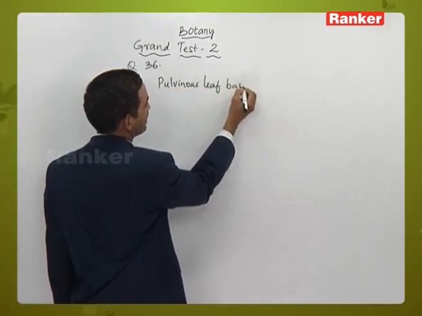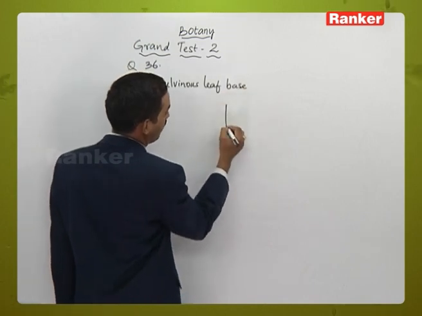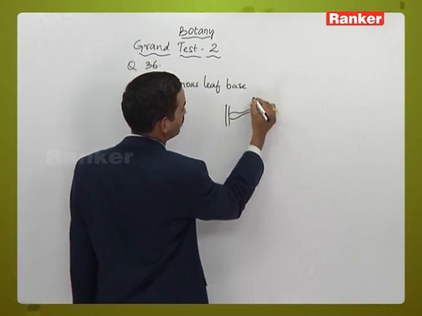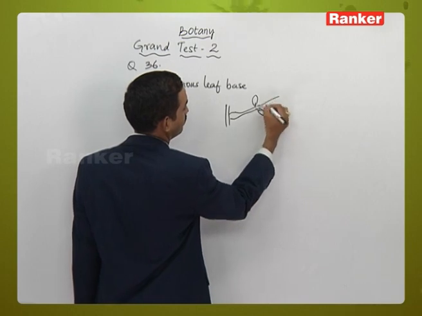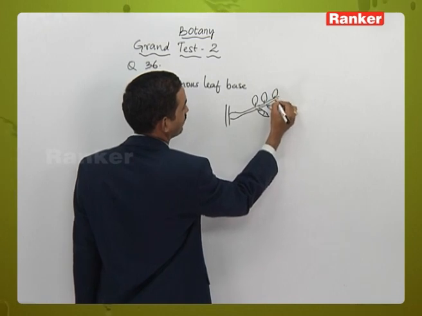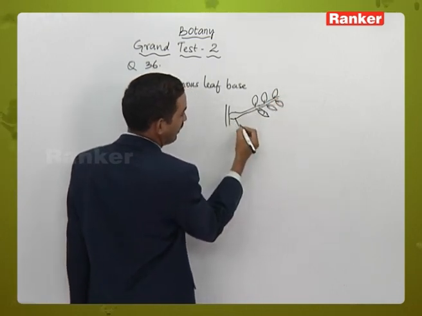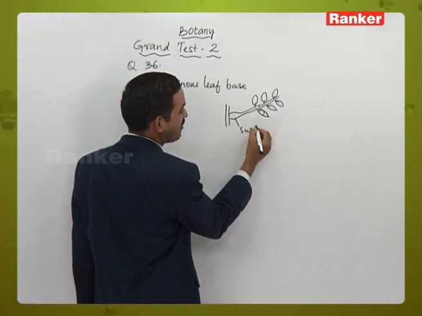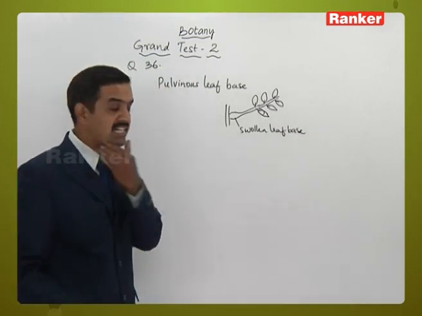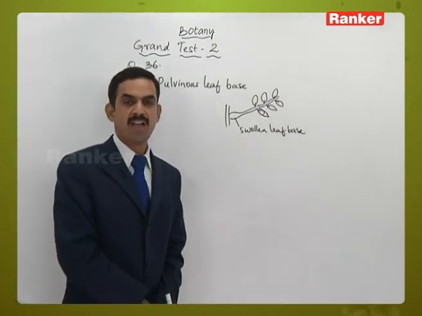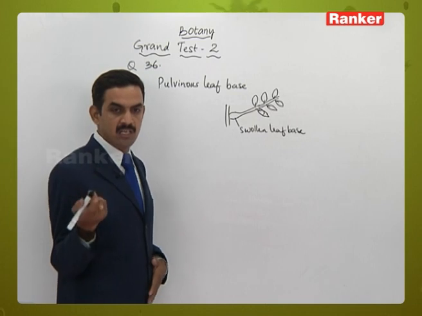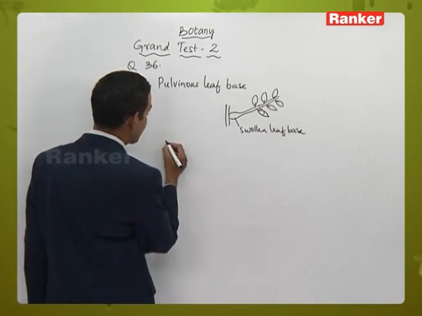Actually, what do you mean by this pulvinous leaf base? Pulvinous leaf base means, for example, this is a leaf, okay, and this is a petiole, like this. These are the leaflets, right? And this is a petiole. The leaf base is swollen. This swollen leaf base is called pulvinous leaf base. This type of character is present in the family members belonging to Fabaceae, right? So we can say that Dolichos is an example. Next one is